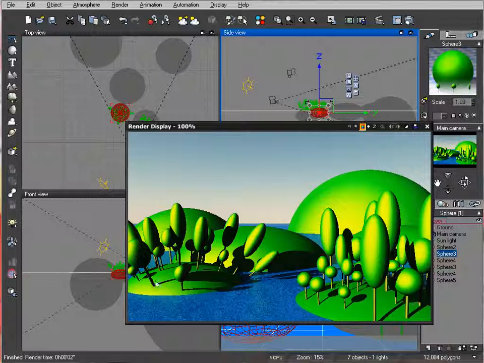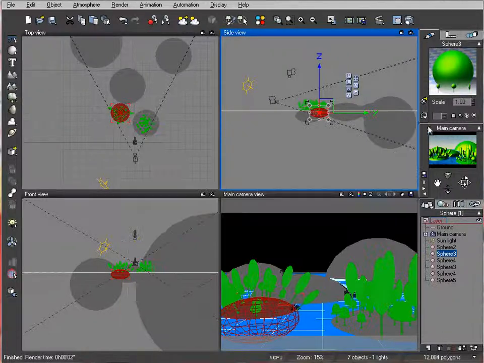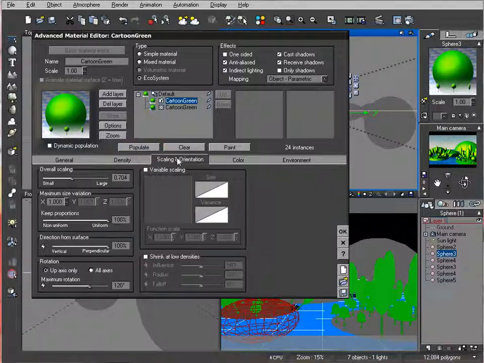If we go perpendicular, you can notice our trees going in a funny way, like following the curve of the object, and if you do vertically, they're going straight up. So it's up to you how you like to create your cartoonish look. And in some ways, the ball will look very nice. Anyway, so let's go back and just